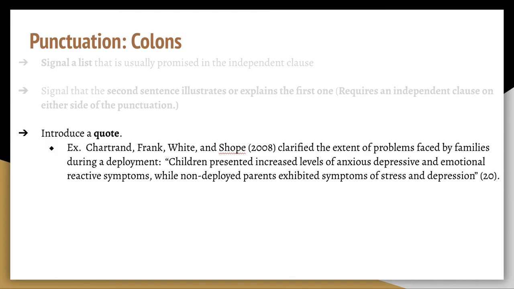Perhaps one of the most common ways writers use colons in academic writing is to introduce a quote. This can be a helpful way to offer some variety in the way you introduce your supporting evidence. For example, if you want to change things up beyond using signal phrases like the researchers write, argue, assert, posit, suggest, and so on, you could use a colon to introduce a quote. Remember, the portion of the sentence leading up to the colon must be an independent clause.